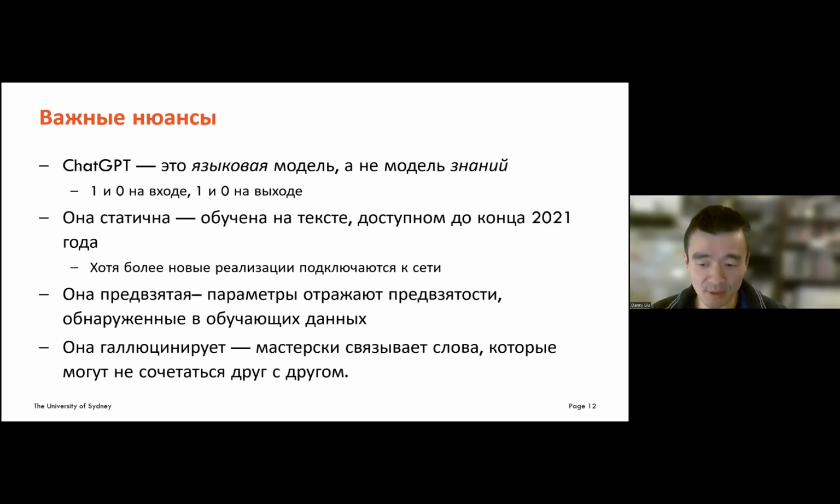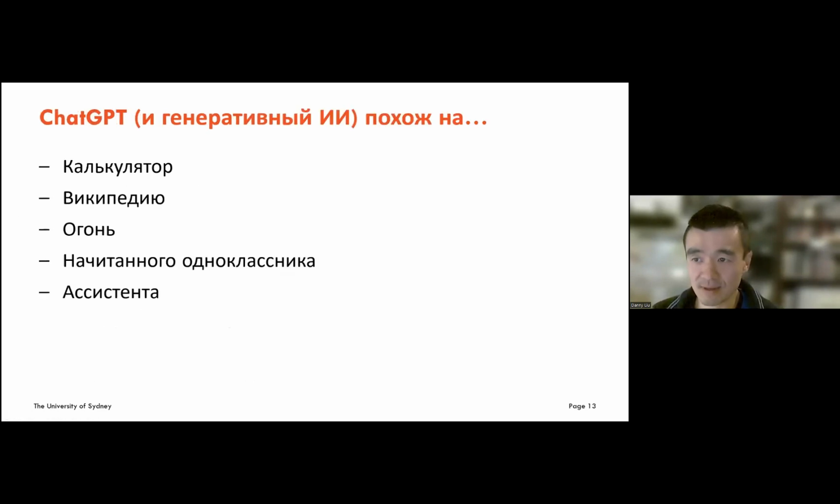And it makes things up because it doesn't have a knowledge model behind it, it's a language model. And so it's able to string words together, which makes sense, but sometimes these words may not belong together, and it may not be accurate. So there have been some attempts to put together some analogies to explain what